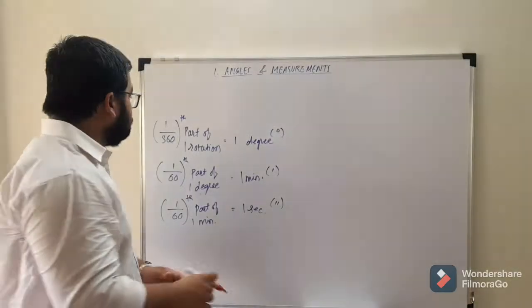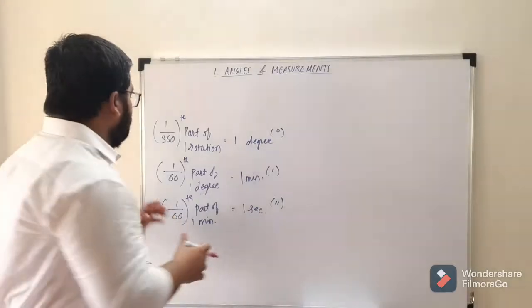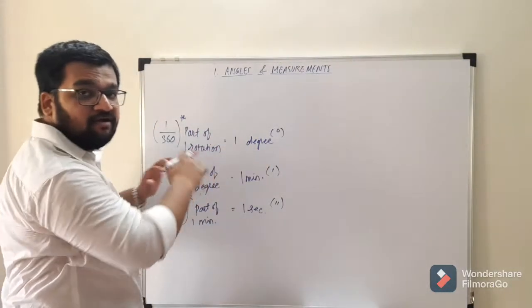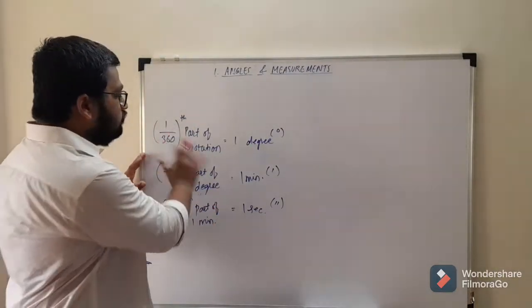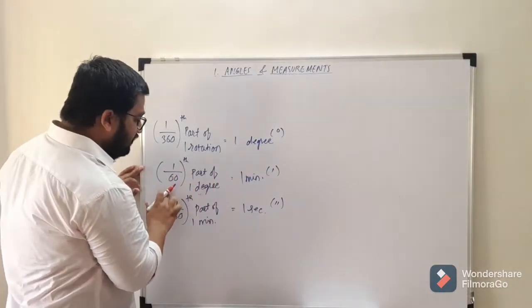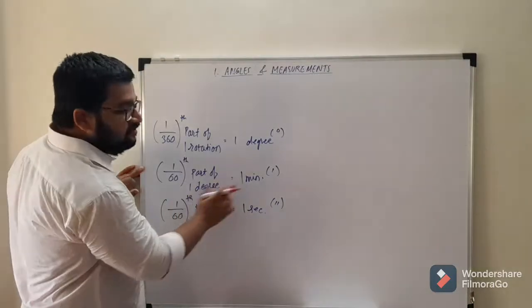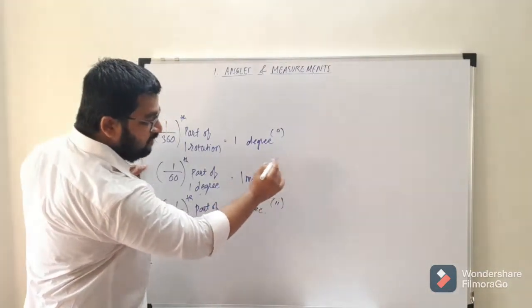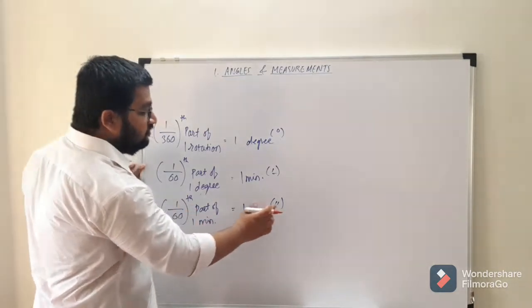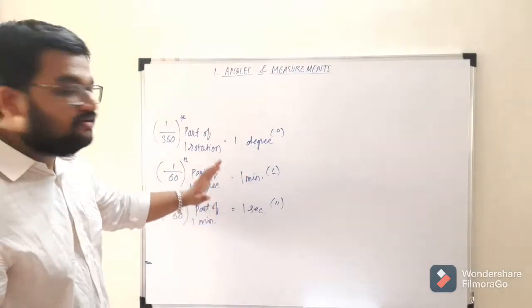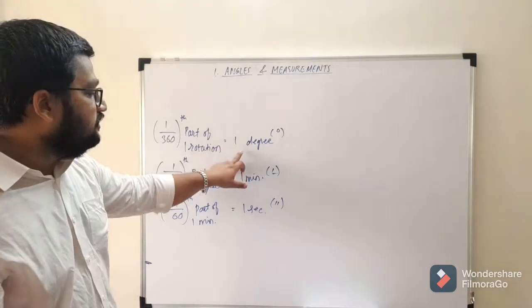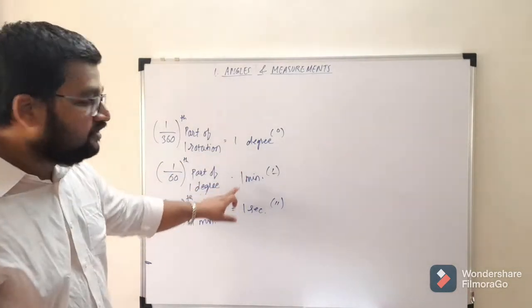Let us now say what is degree, minute and second. The 1/360th part of one rotation is 1 degree, that is, out of a circle we made 360 parts and one of those is called 1 degree, we saw this earlier. Again, this 1 degree is divided into 60 parts, and the 1/60th part of 1 degree is called 1 minute, denoted by this symbol, and the 1/60th part of 1 minute is called 1 second. So this is how degrees, minutes and seconds are considered.